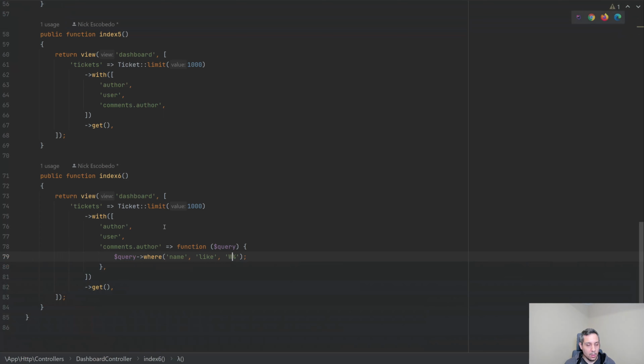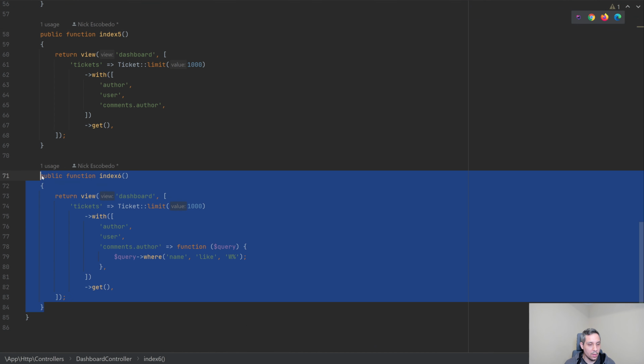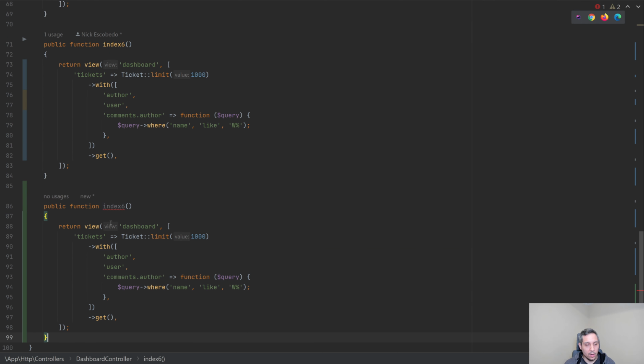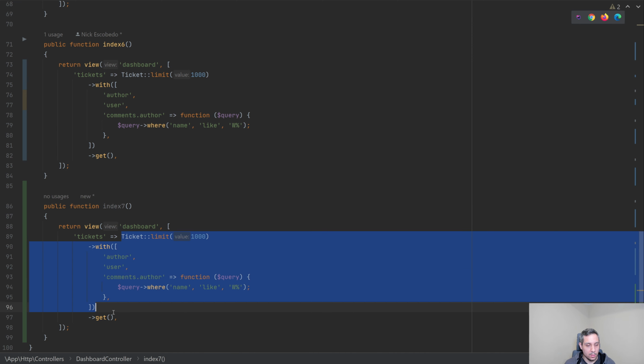All right, let's talk about one last way that we can do some eager loading. And it will actually have the same result. We won't be able to reduce the queries down anymore. However, I did want to outline a different way for when you already have a model, or you've already got your collection of models. What you can do is we're going to take this